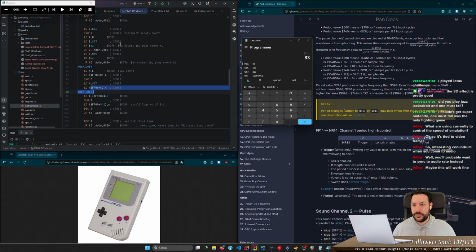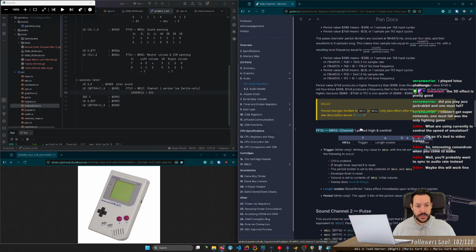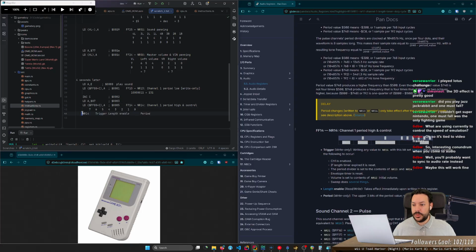Then it increments, it's going to be 14. So this is what I need to do here. I actually only trigger this whenever I reach there. Then length enable is only 1 bit. Then 5, 4, and 3, nothing. And then period starts on 2.